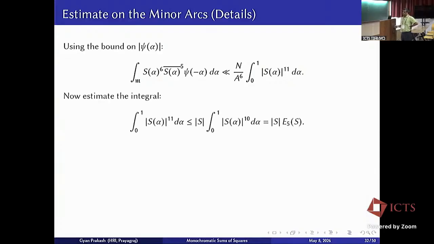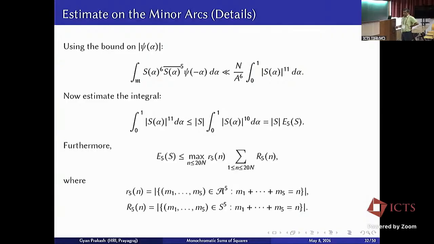And then this thing can be estimated using Parseval and R5, the number of ways n can be written as a sum of 5 squares. Professor Disway gave you an asymptotic formula for R5(n) because of the variance problem. So therefore, you can obtain a bound for this, which will be n to the power 3/2,